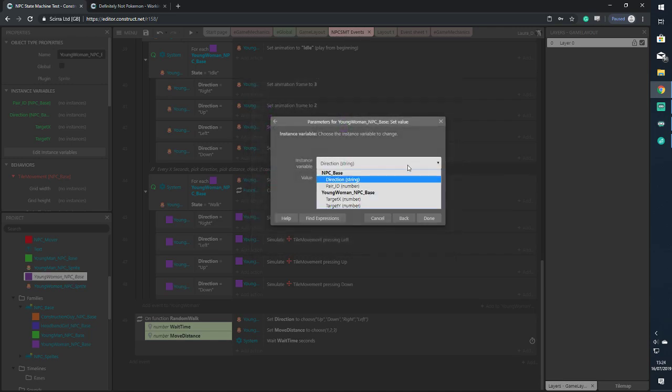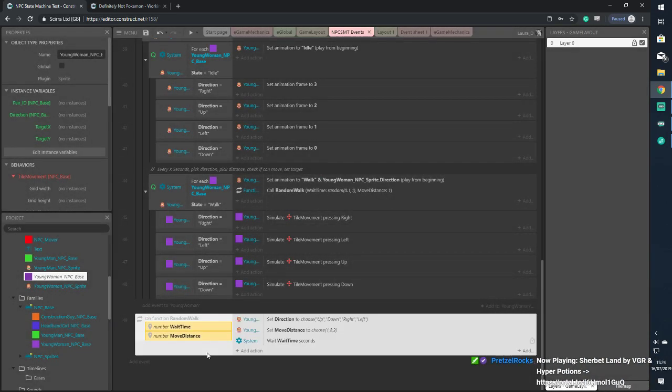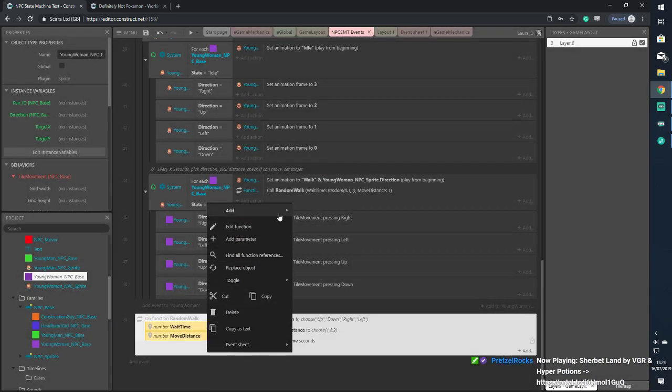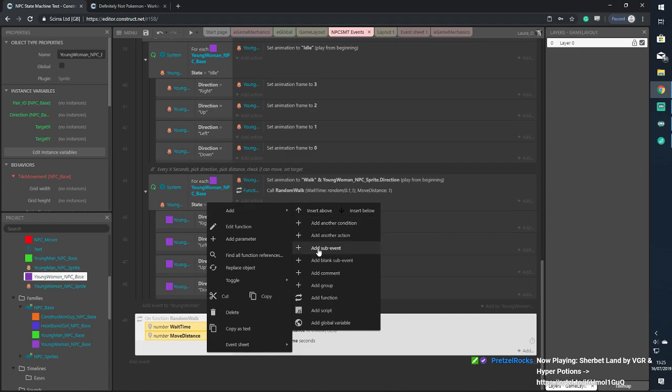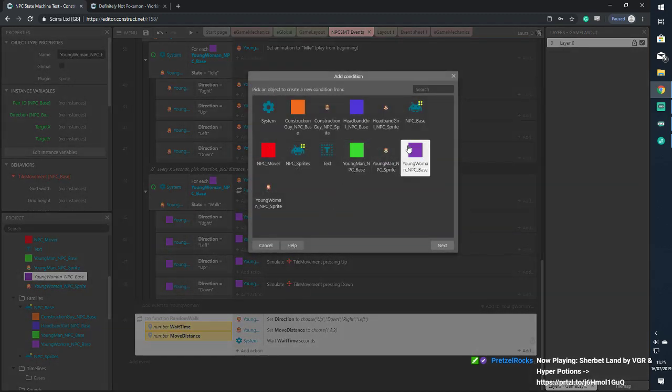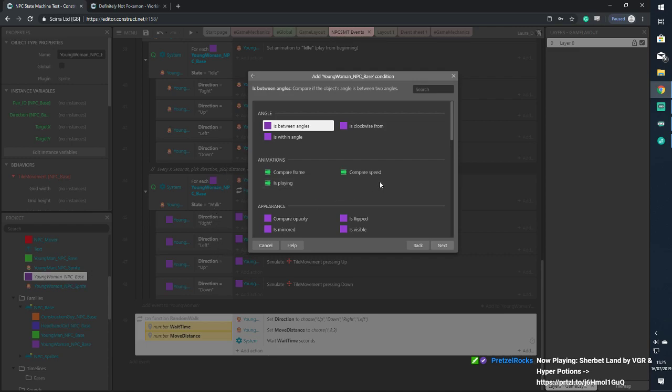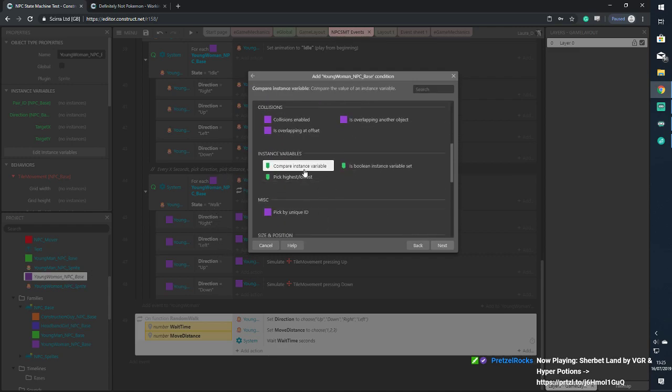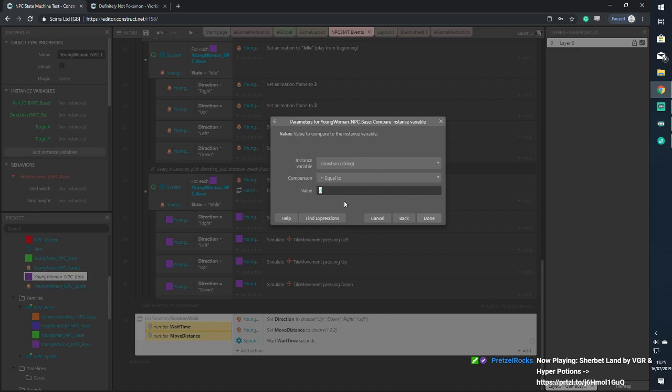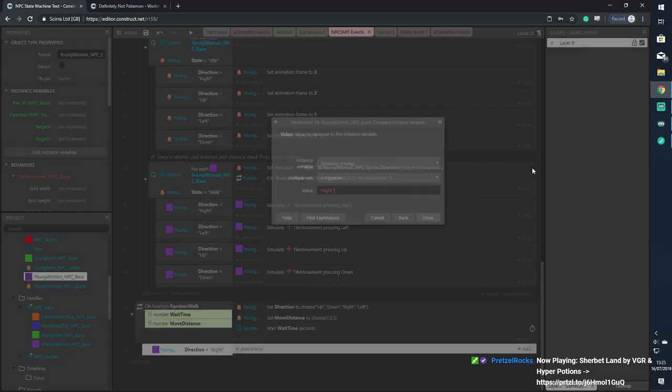Set value, target X. Now this is where it's going to need to be up, right, left, or down. That's the other direction. I could probably put this in the other thing, but hey, whatever. Compare instance variable. If direction is right, then